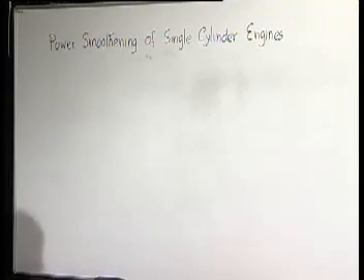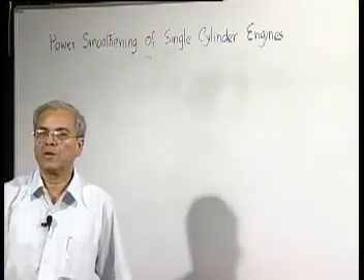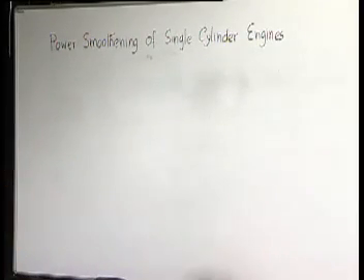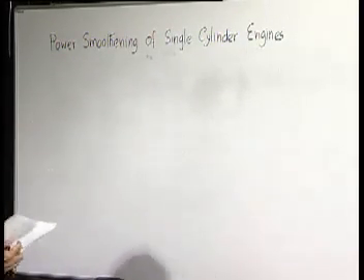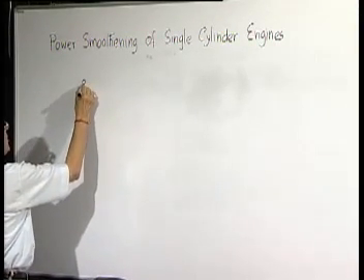So, we will take up the very commonly encountered problem of the nature we are discussing, the power smoothing of single cylinder engines. So, what we will do first is to find out the fluctuation of input power in case of such a situation. So, we will again come back to our model of